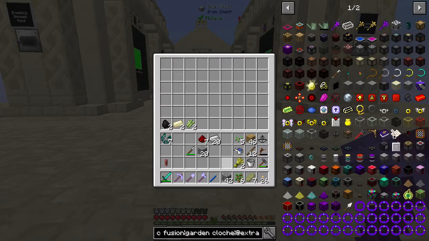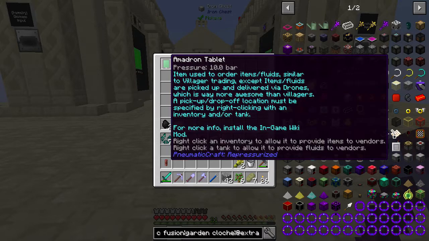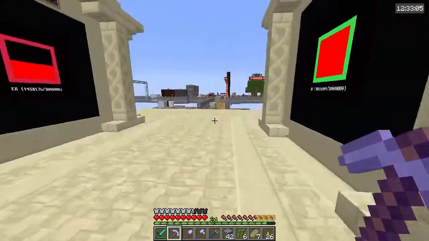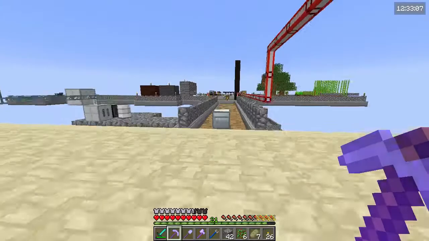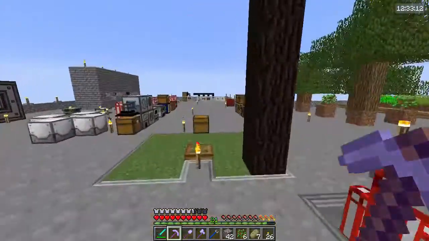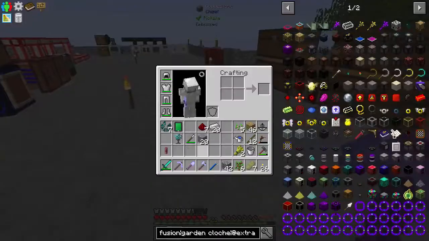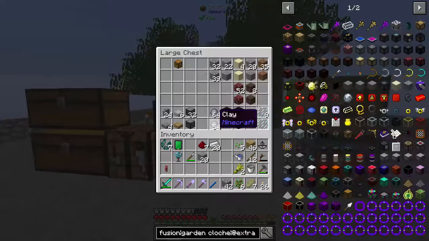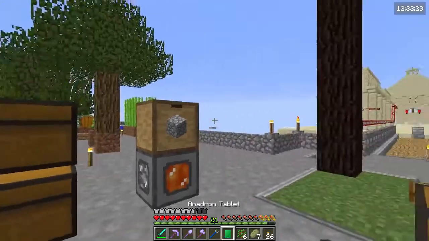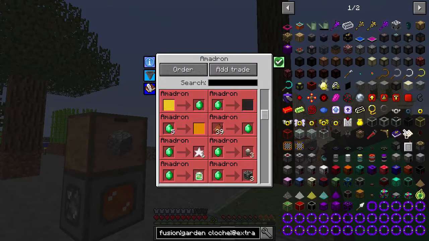And these rewards are actually really good because I don't know if we're going to need the minerals, but we're definitely going to need the Amdron tablet. Minerals will be good for a lot of different things, but whether or not it's going to be good for this playthrough, I don't know. Integrated Dynamics is a really good mod, but this thing is important. So this is going to allow us to